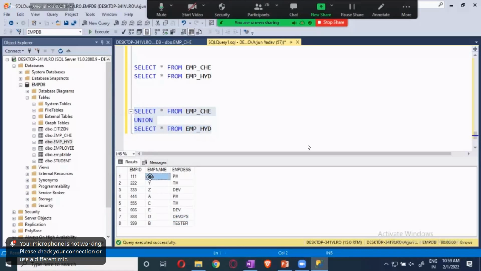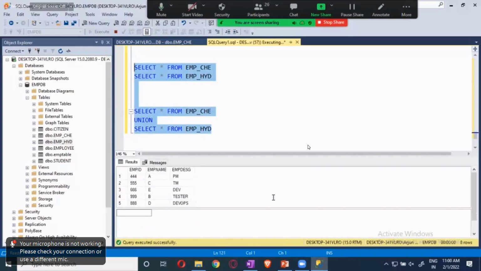This is from Hyderabad, this is from Chennai, and these are the common ones in both of them. Looking at this, no one will say that it is combining two different tables. It looks like one single table. Now, if you want to check it out, I can execute all four. Now you see the difference.